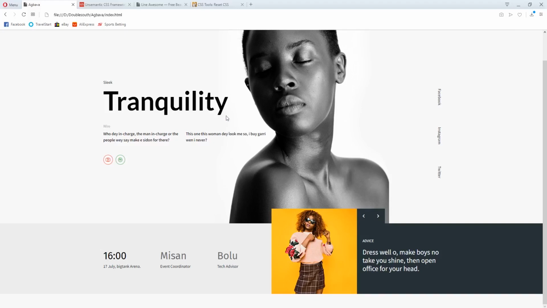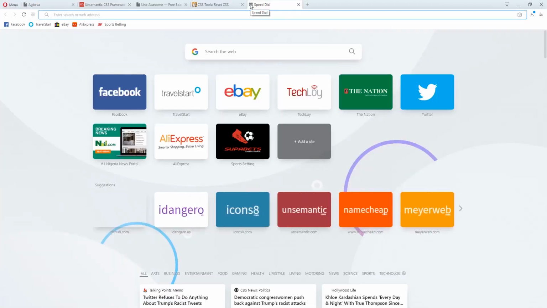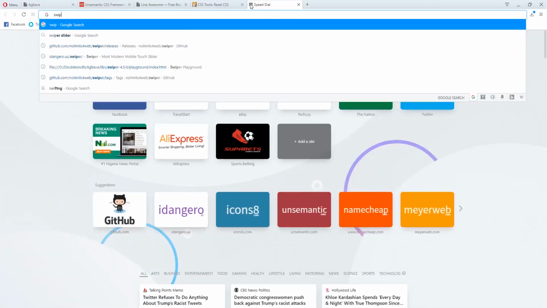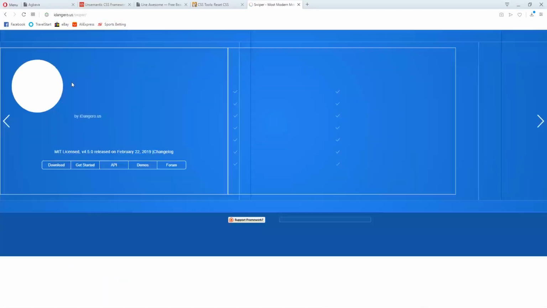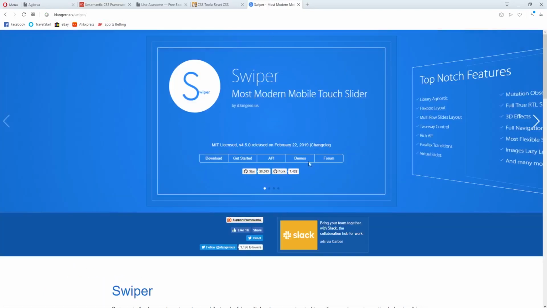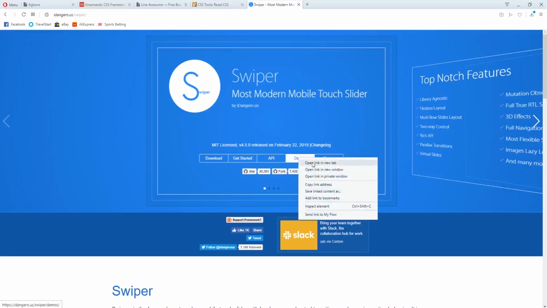So what I could do is get on the internet and look for a slider library. They call it Swiper. So I'll come in, I'll say swiper slider, search on Google. Then the same, Swiper. So this first link, you click on it, and it will carry you inside this website. So what I'll do, I'll right click on these demos, open link in a new tab